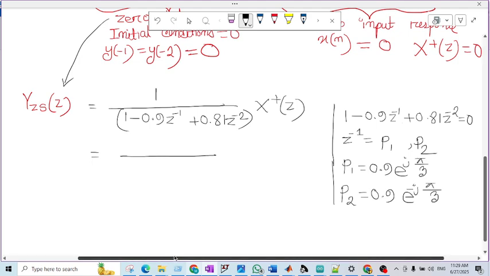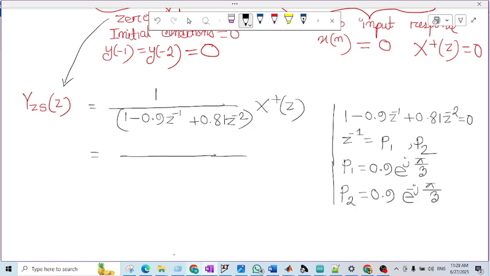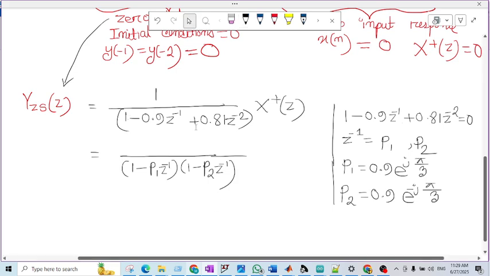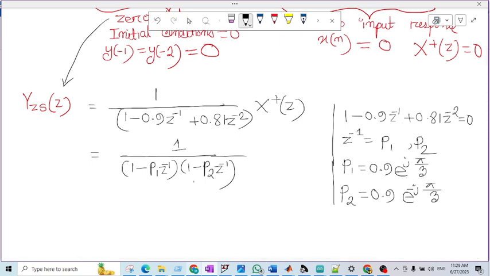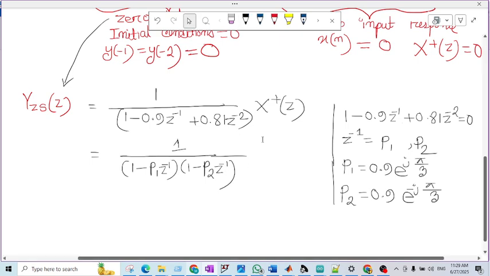Okay, and that means you can write these two things like this: 1 minus p1 z inverse 1. Take time and you will see that you can divide this denominator into two multipliers. Okay, now what about x plus z? If you see the question,